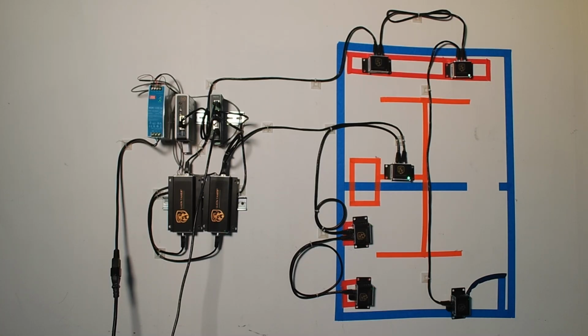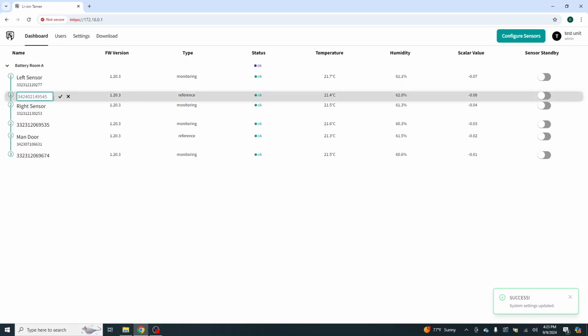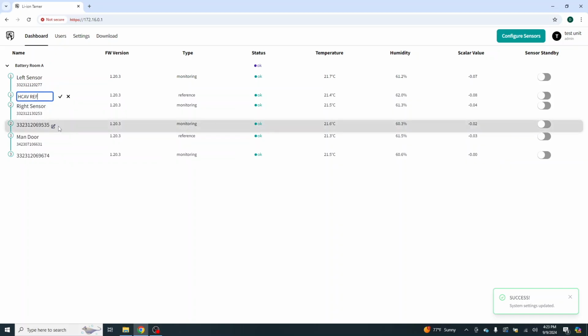We're going to go back over to our capture, back to our website. That was really all that we needed to do. We needed to up 2 sensors here. Now we can go into our sensors here and identify them. Say, hey, this is our reference sensor, HVAC reference sensor. If we type in the box, HVAC reference sensor,